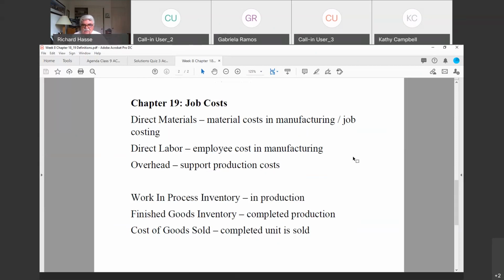And then once you sell them to your customers, they go into what is called a cost of goods sold. It's an expense. You no longer own it. The business no longer owns that inventory. Somebody has given you a selling price and purchased it from you. The cost of producing that product now becomes an expense, taken out of finished goods inventory to cost of goods sold expense. And that's the process we've been studying in our class the last couple of weeks, is understanding those different types of costs associated with manufacturing a product.